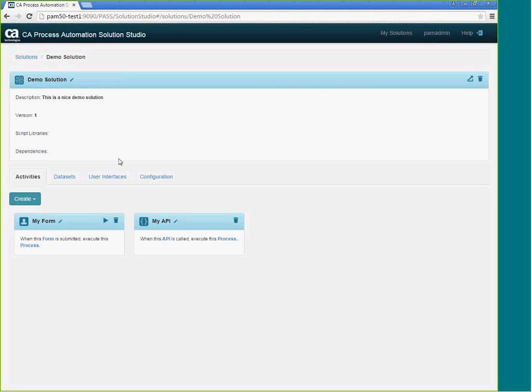We try to make everything as super simple as possible. You don't have to understand how to write XML or JSON in order to define your API. That's all done for you. You just say what parameters I need in, what parameters I need out. Everything else is taken care of for you. So you would continue to create as many activities as you like